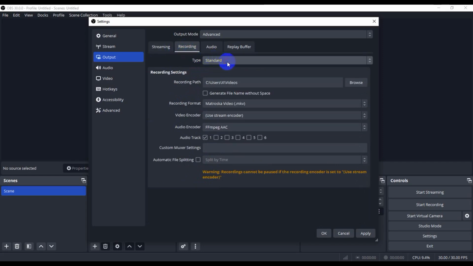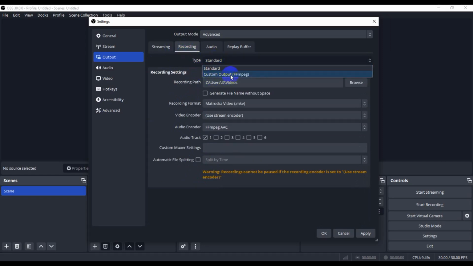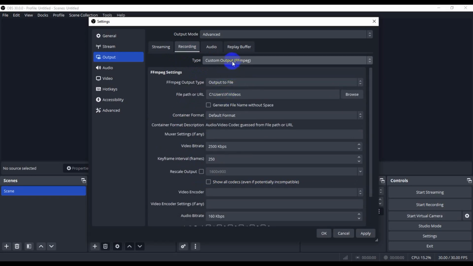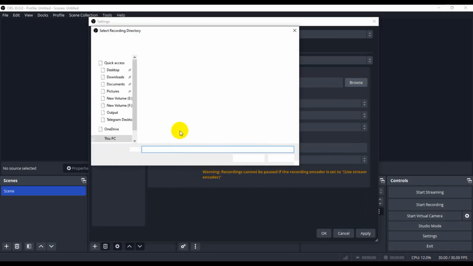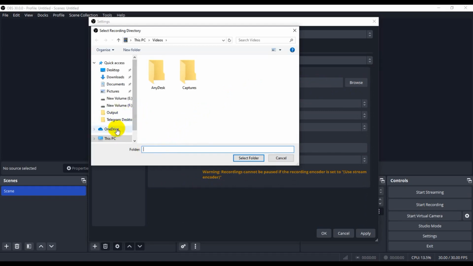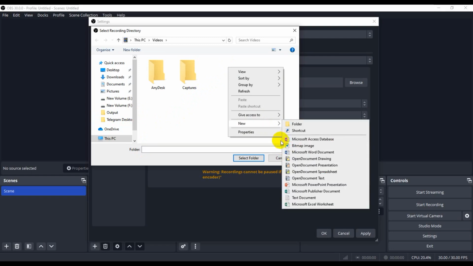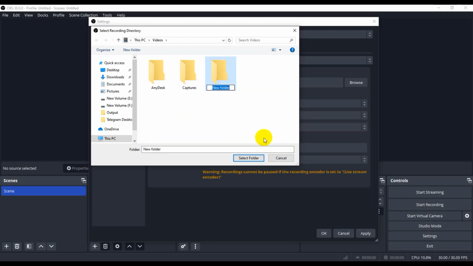So record type is standard and custom output. So I need just standard quality. Okay, just the record path, click browse and create a new folder and name it OBS Studio, OBS, and hit enter and select folder